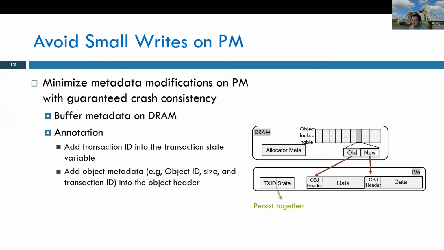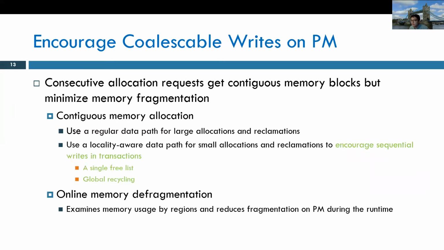During the recovery from a crash, ArchTM uses the object ID and size to identify each persistent object on persistent memory. Then ArchTM uses the annotated transaction ID to identify the most recent copy of a persistent object, recycle the inactive copies, and discard uncommitted modifications. To achieve the third design goal, encourage coalescable writes on persistent memory, ArchTM ensures that consecutive